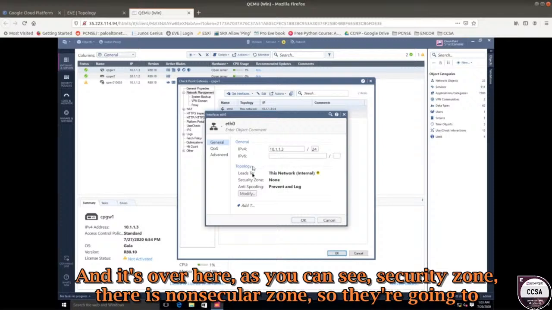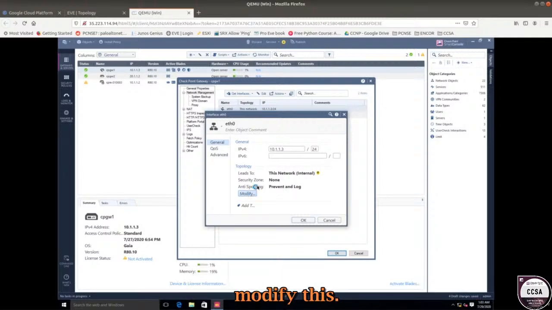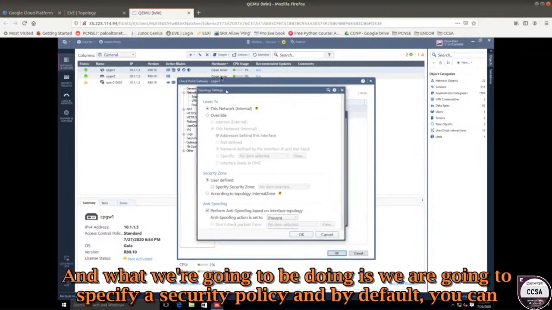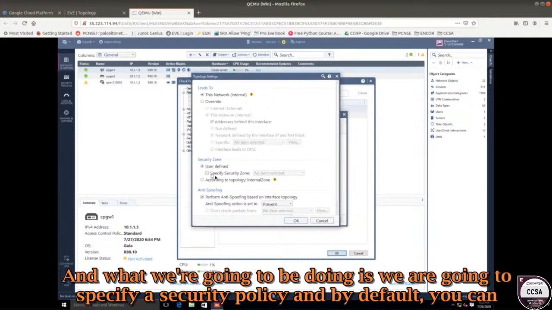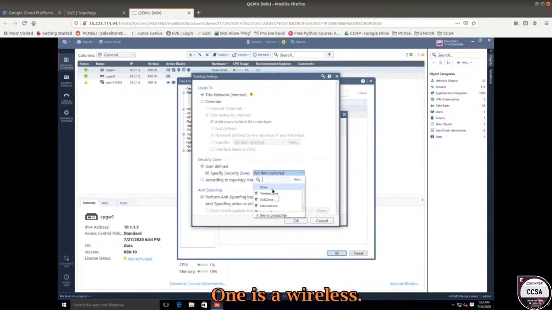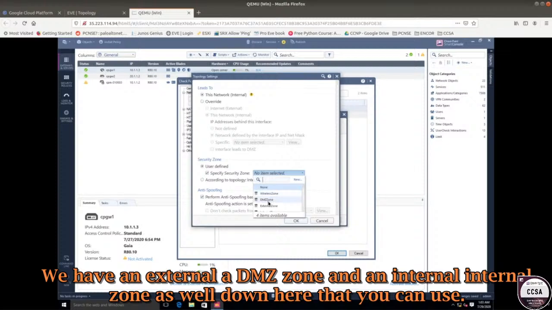And inside right here, as you can see, security zone, there is non-security zone. So we are going to modify this. And what we're going to be doing is we are going to specify a security policy. And by default, you can see that the Check Point firewall has some predefined security zones. One is wireless. We have an external, a DMZ zone, and an internal zone as well down here that